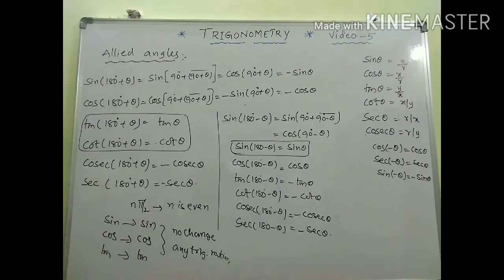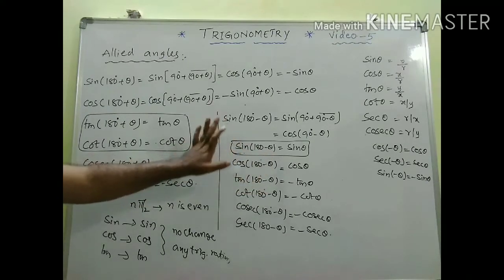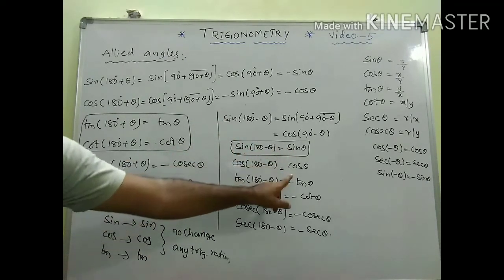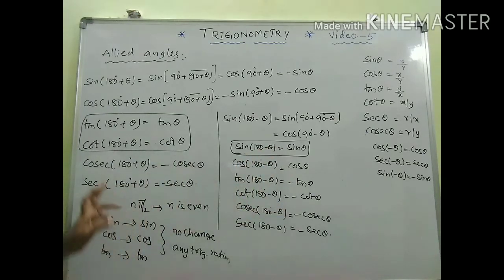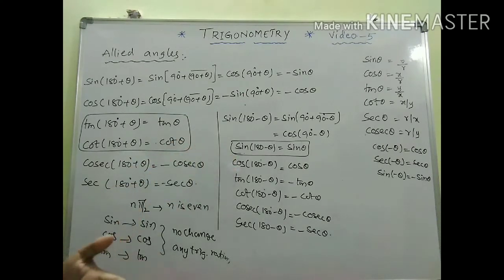Right? So from this, what you need to observe first of all is, if it is 180 plus theta or 180 minus theta, then sine is sine itself, cos, tan. There is no change in the trigonometric ratio except plus and minus. That is secondary. I will explain the shortcut. Similarly, my dear, I will be sending you the detailed notes.